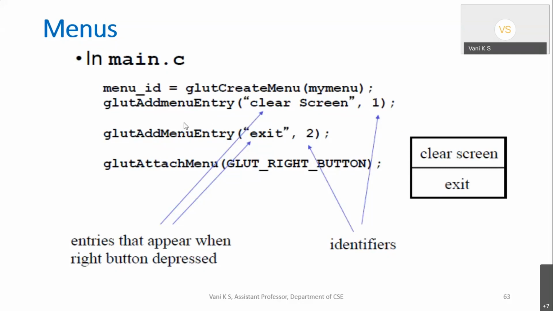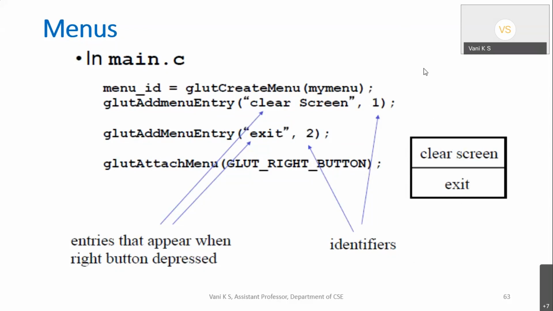And as I told, after creating the entry, you have to attach it to the button. I'm attaching it to the GLUT_RIGHT_BUTTON. This is a constant actually. You are attaching the menu to the right button of the mouse. So this is how you create menus in OpenGL. Through create menu, you create, and however many other entries you want, you can add using the add menu entry function. Here as of now only 2 entries are there, but you can still expand your menu with however many other entries